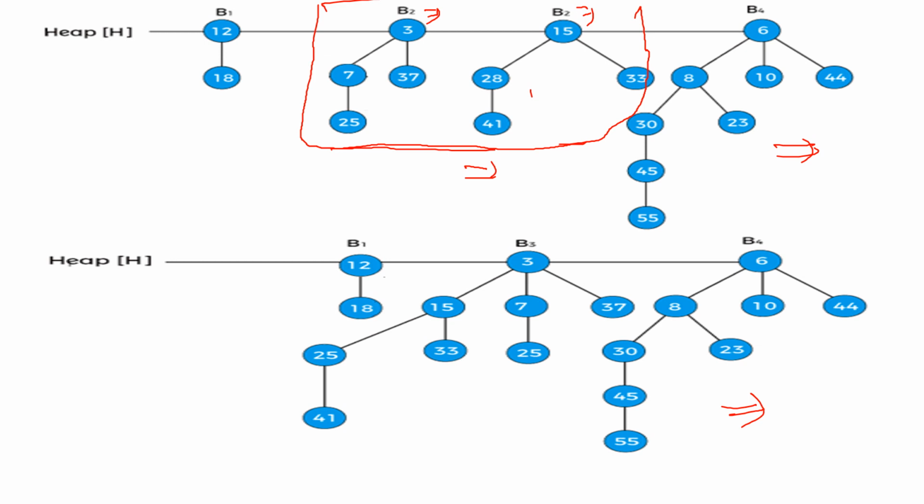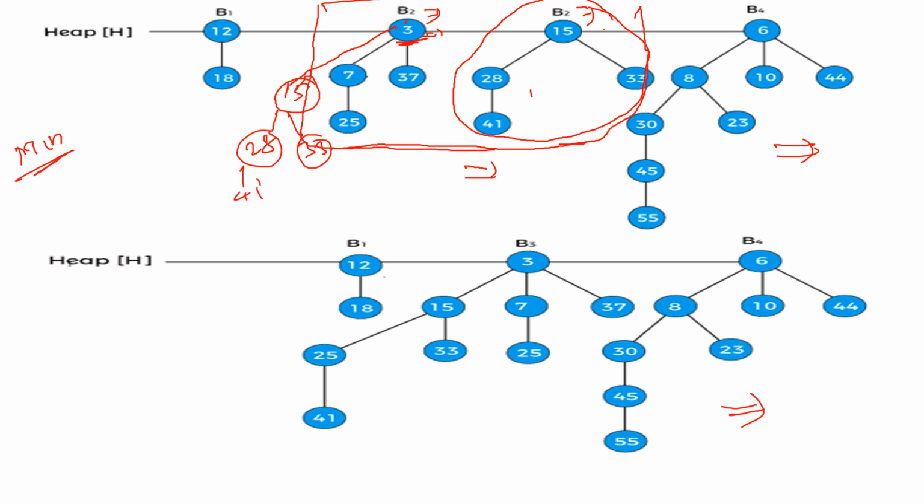And how do we perform merging? Because here we are working on the min binomial heap, it means that 3 will be the root, and this complete binomial tree becomes the leftmost child of 3. So the leftmost child is 15, then 15's children are 28, 33, and 41. Like that you will get it. So look at that, this is the final tree. After merging you got this final tree, right?